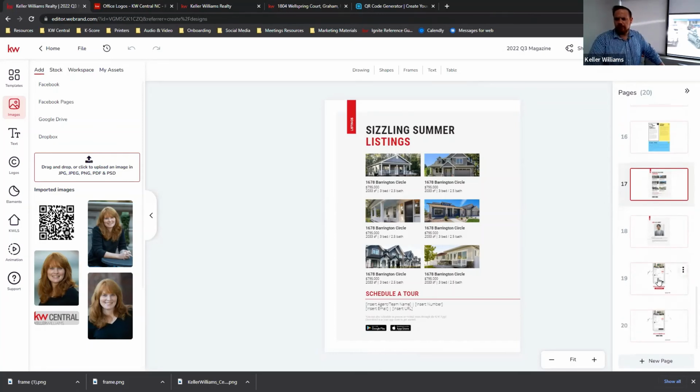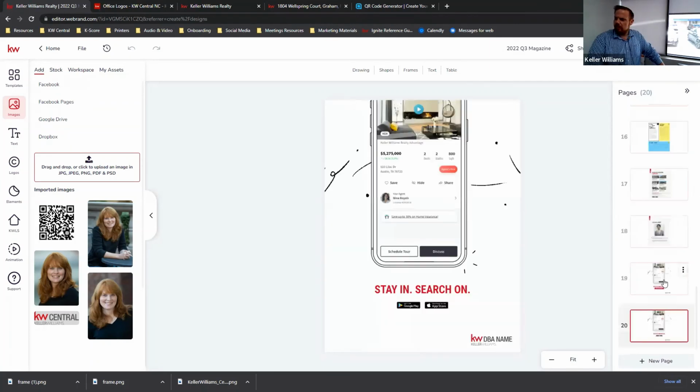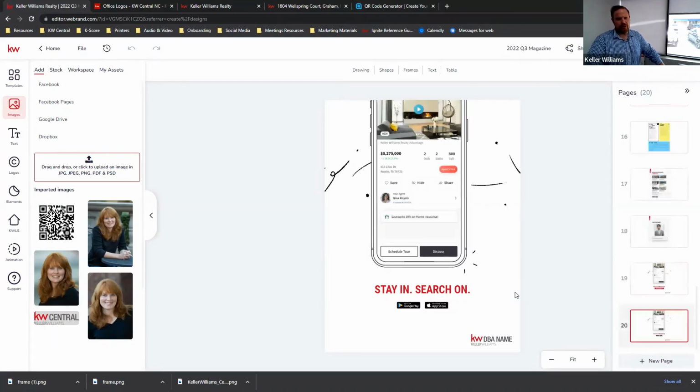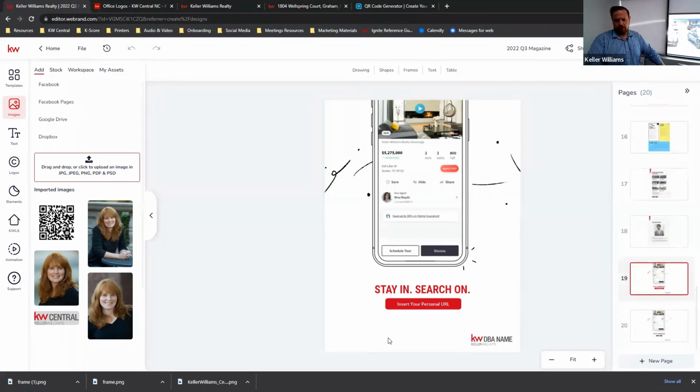Little spoiler too, we were talking about having the extra page. The last 2 pages are almost identical. They both talk about your app. I do highly suggest making a QR code for your app and replacing the text on there with a picture of your app. I think I did that.